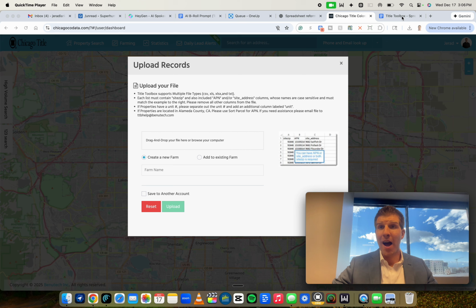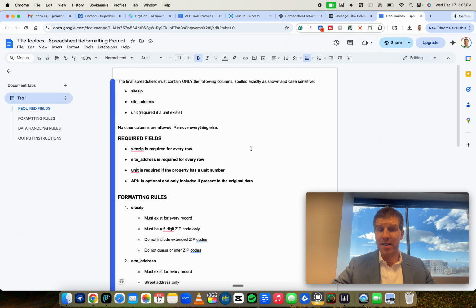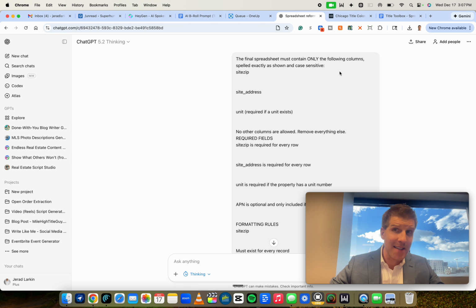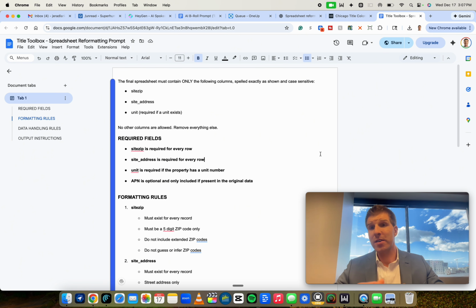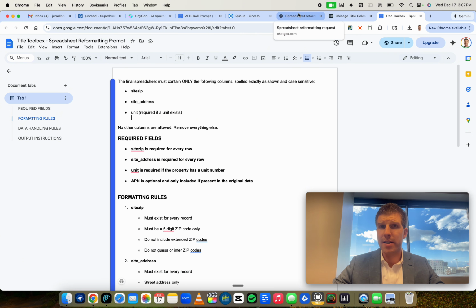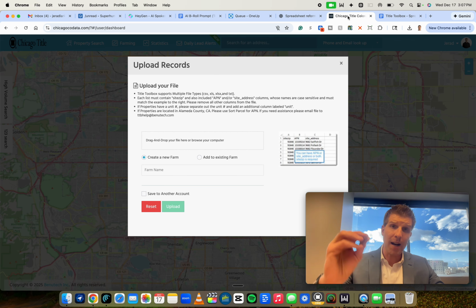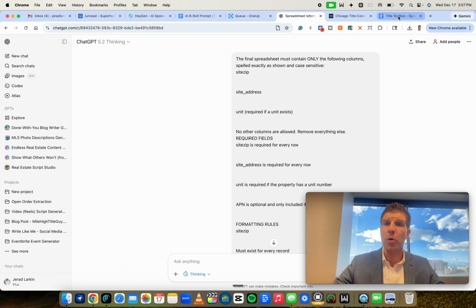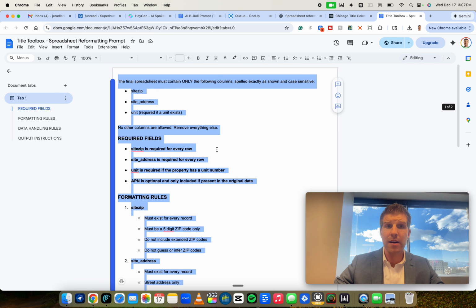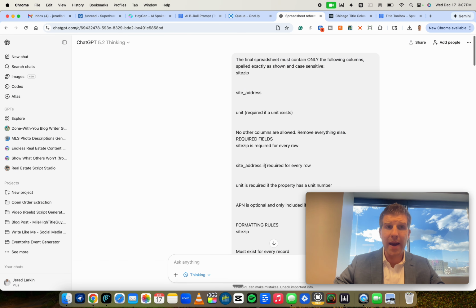Fortunately for you, I created a prompt that you can access and copy and paste into your favorite large language model, such as ChatGPT here. And ChatGPT is going to do all the work for you and reformat your spreadsheet. So you can have access to this. Basically, it says reformat the existing spreadsheet and make it follow the requirements for Title Toolbox. What you will do is you will copy and paste this entire prompt and you will paste it over here